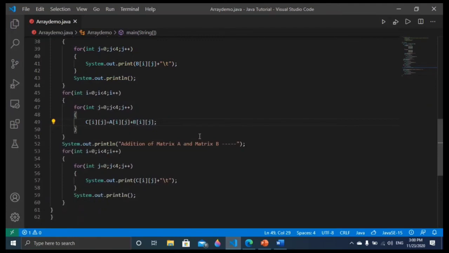But for the multiplication, the procedure is different. Those who are students of science, they have studied the matrix, they will understand how the matrices are multiplied. So it is difficult to do here, but it is possible to do. It's not that we can't do it, we can do. But here we understood only how to perform the addition of two matrices.